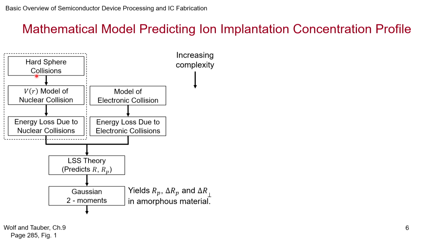First of all, you assume that the ions are hard spheres and then see, when one crashes into a matrix, how they interact because of it getting reflected back or deflected. So that's one way of modeling it, but a more accurate model would be to use the Coulombic interaction,